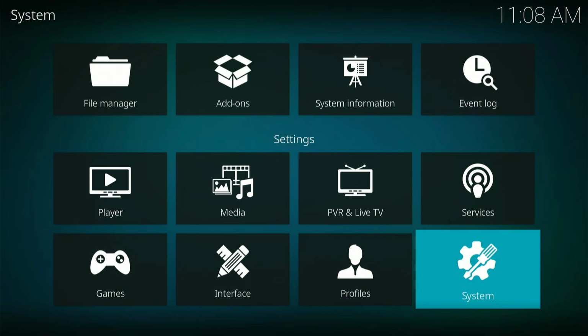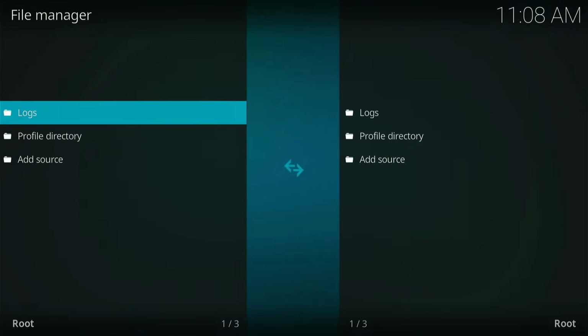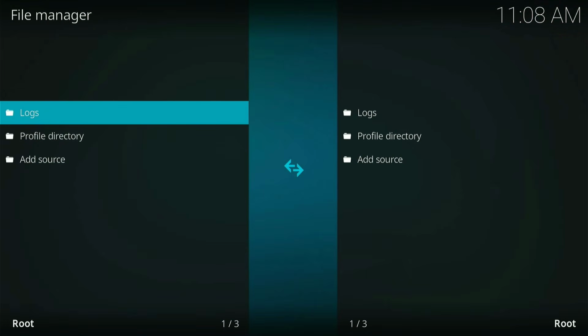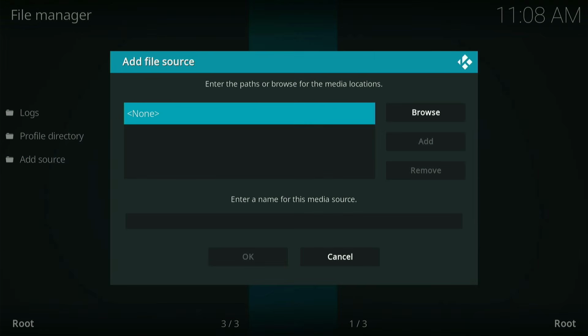and on this page now we are going to open the file manager, and this is it here. Okay, you can see our directories are very empty, so we need to add a source, and we can do that by scrolling down to add source and clicking on the select center button on your Fire TV stick remote. Okay, you can see it's on none. So to add a source, you have to click on that same select button, that's the center button on your Fire TV stick,